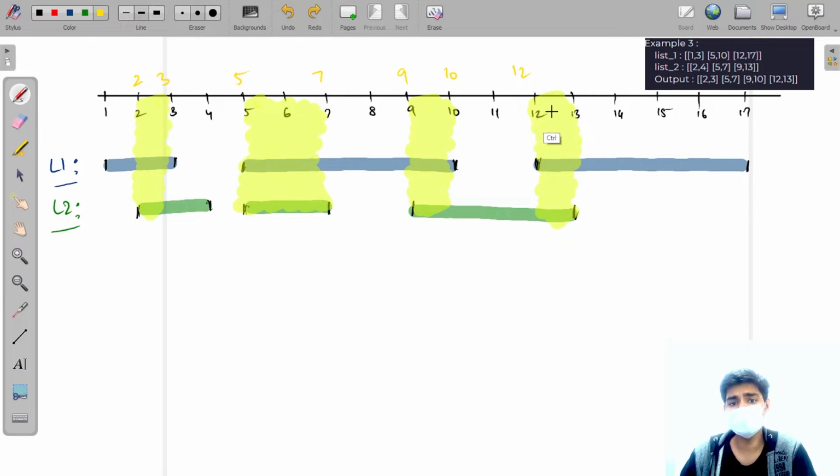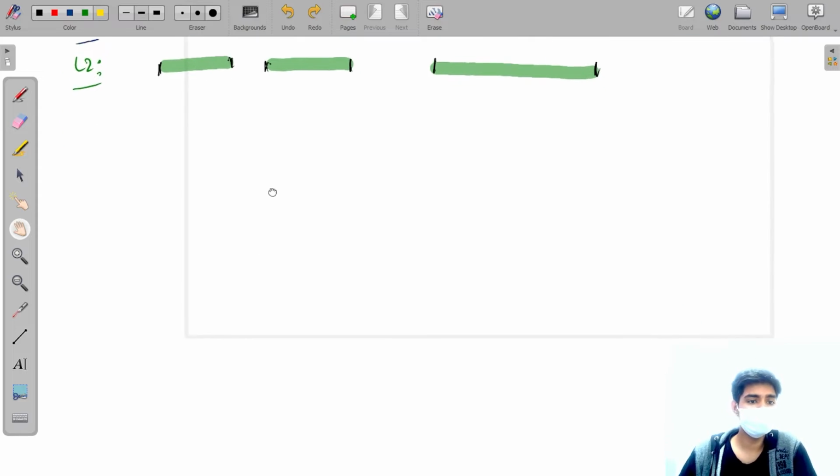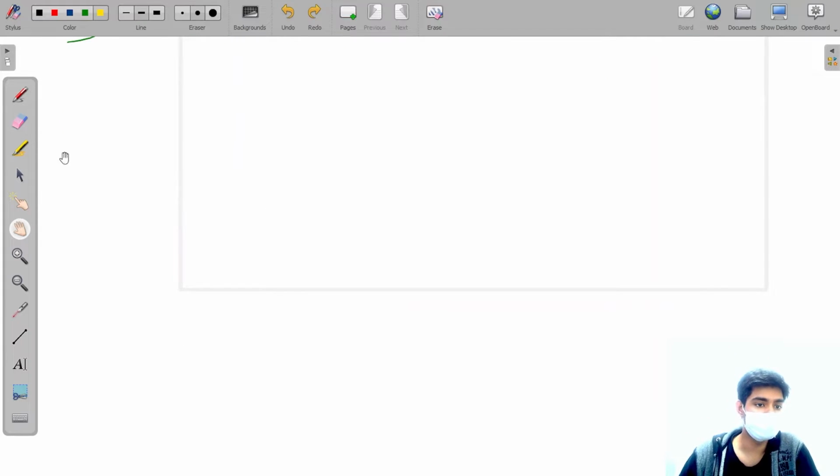So I hope you understand the question at least, like what do we have to find. Now how are we going to solve this question? But before looking at how we are going to solve this question, let's look at the different cases which can be built up. The different cases can be that we will have list 1 and list 2,